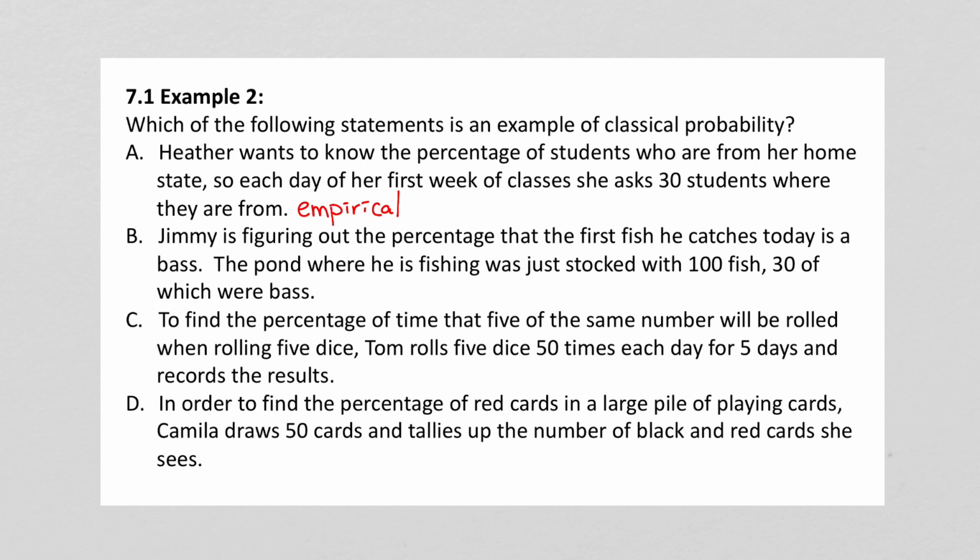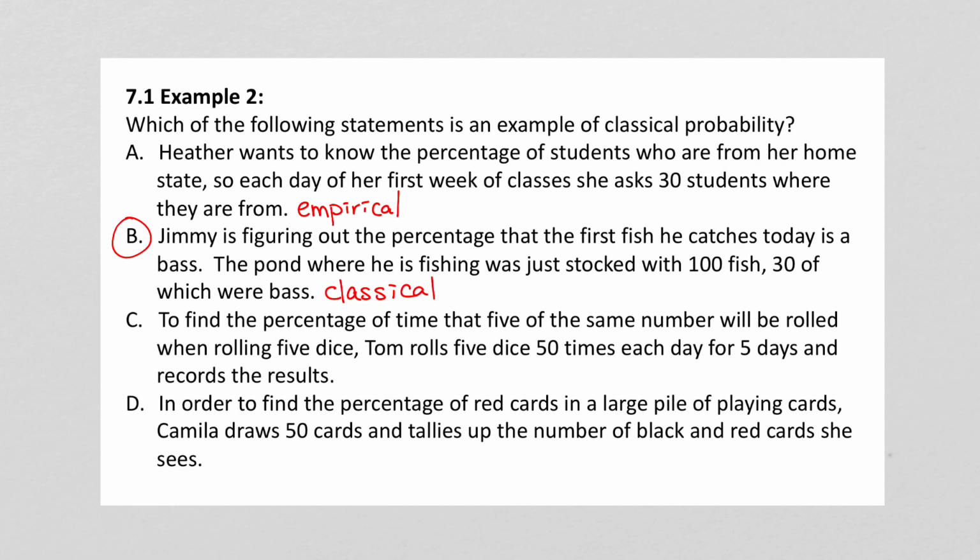B says Jimmy is figuring out the percentage that the first fish he catches today is a bass. The pond where he is fishing just stocked with 100 fish, 30 of which are bass. So he could theoretically figure out the probability of catching a bass by putting 30 over 100. So this is an example of classical probability. So B would be our solution, but let's go ahead and look at the other two to see why they